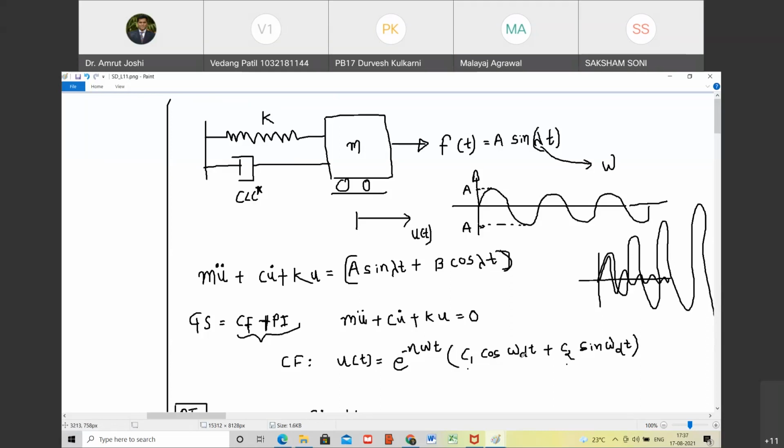I am going to give you an example of resonance today, and then we are going to stop. I don't remember where that bridge was, but there was a military march going on the bridge, and they were so synchronous that their marching frequency matched the natural frequency of the bridge, and the bridge collapsed. Are you with me? Yes, sir.